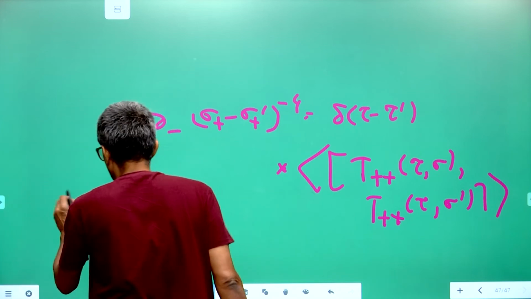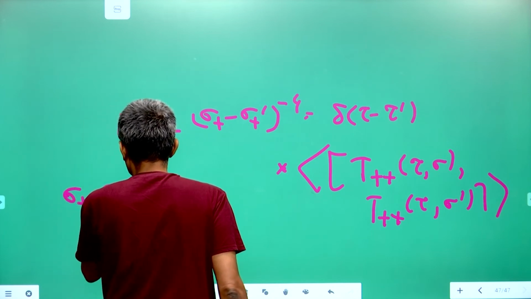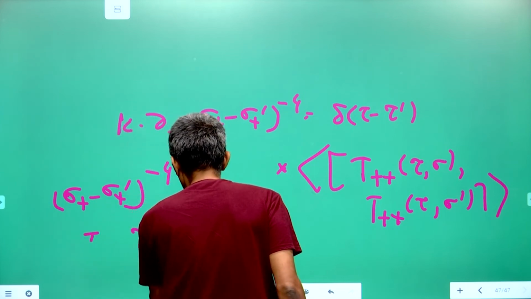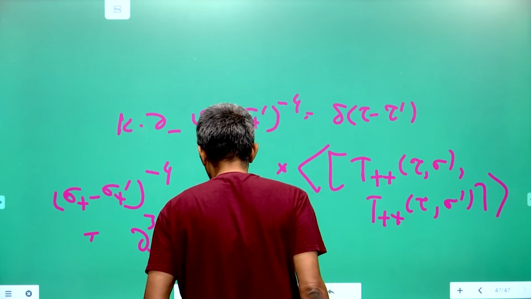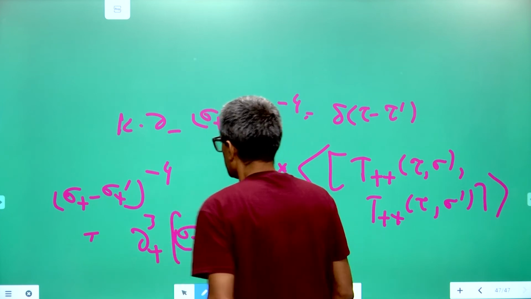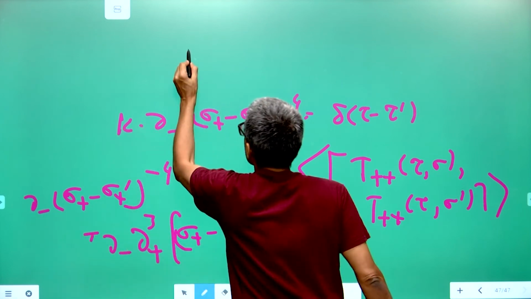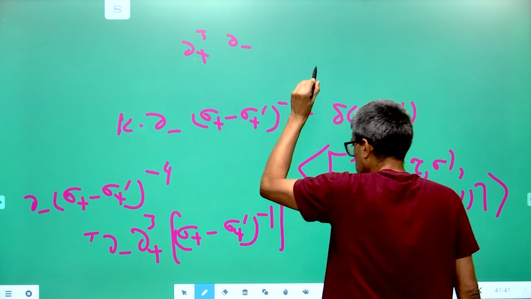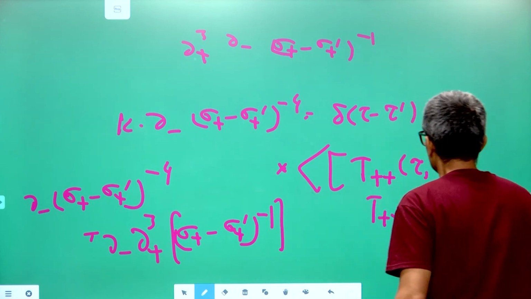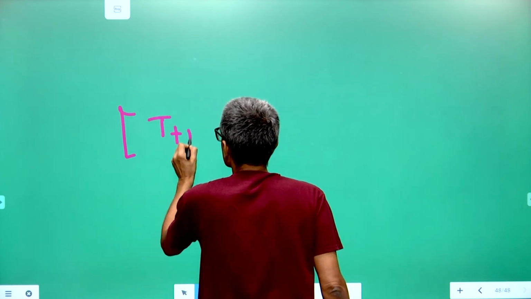So if I now substitute, I can say that this is a constant times this. So if I look at sigma plus minus sigma plus dash power minus 4, that can be written as a constant times dou plus cube acting on sigma plus minus sigma plus dash power minus 1 into a constant. So I am taking dou minus of this, I am taking dou minus of this, dou minus, interchange dou plus and dou minus. So you get dou plus cube into dou minus acting on sigma plus minus sigma plus dash inverse. So what I get is that finally I get that T plus plus at sigma